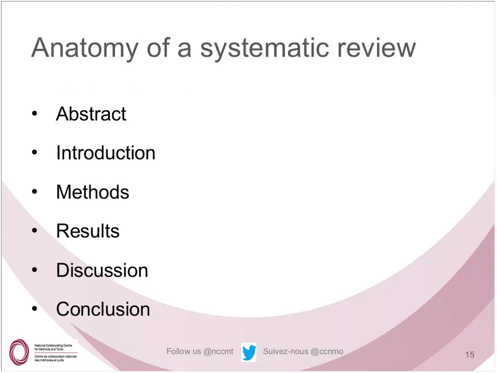So in terms of an anatomy of a systematic review, certainly we really like the really nicely laid out systematic reviews that would follow these types of headings here. We start with a title, and then after that, an abstract, followed by an introduction that tells us what the review is about, our methods, results, discussions, and conclusion. Not all systematic reviews or publications of systematic reviews really follow this exact approach, but when they do, it's much easier for us to read them and to get the information. Really focus on those parts of the review that will get us the kind of information that we're looking for.